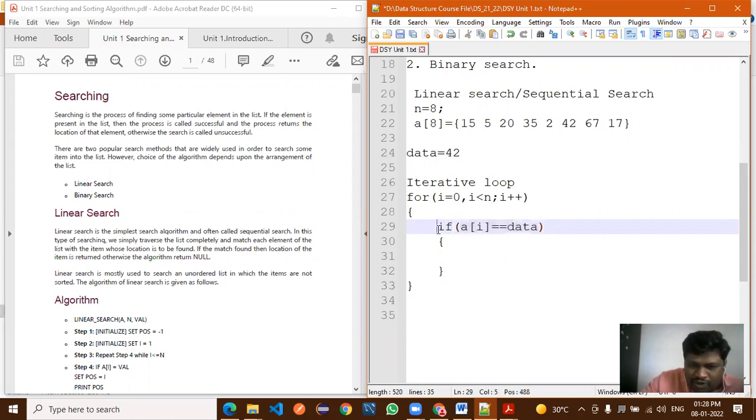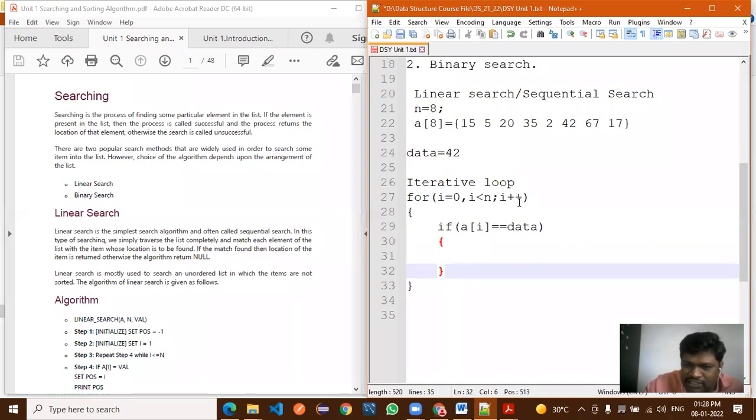If the condition is false, what are you doing? Are you going inside this if loop or outside of the if loop? Outside of the if loop. Good. Right. Now after that, come to the for loop here.